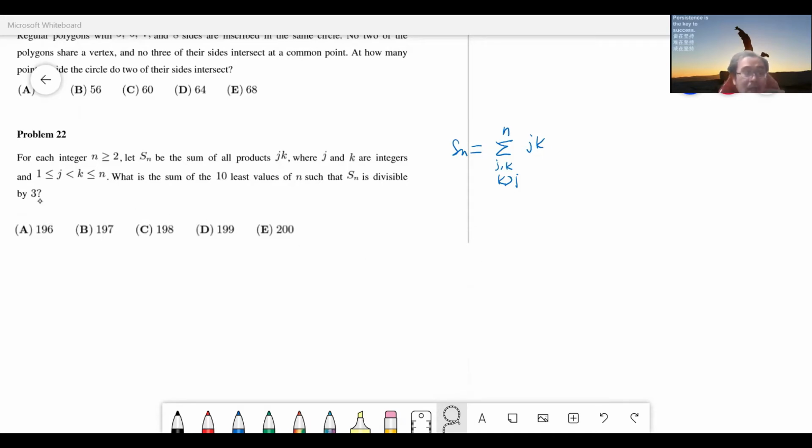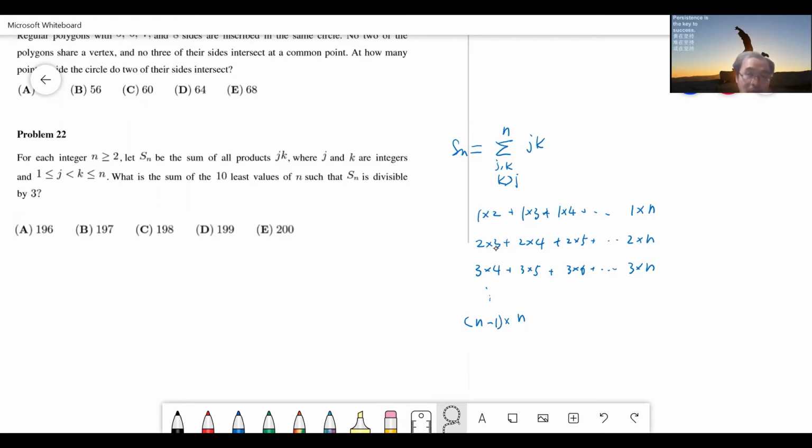All right, so what does this mean? We're going to explore this first. Let's start from 1. So let j equal 1, so k must be greater than 1. So 1 times 2, plus 1 times 3, plus 1 times 4, all the way to 1 times n, right? If we let j equal 2, then 2 times 3,